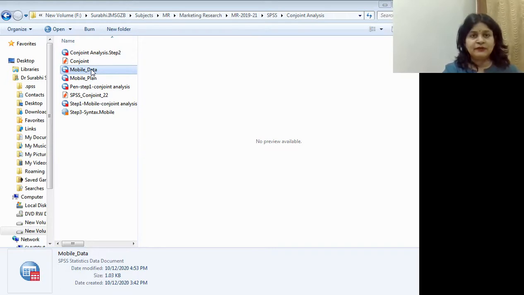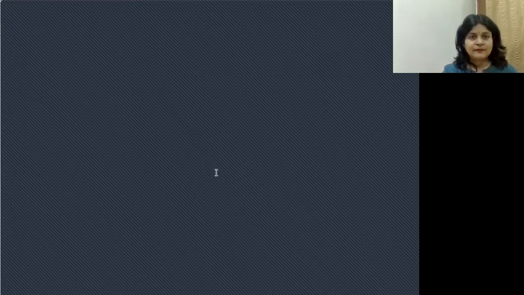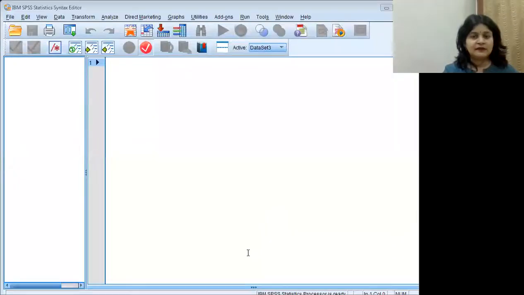And then now what will we be doing? We'll be making use of this. I'll show you that syntax also, which we can use for analyzing our overall product design. So this is the syntax which I'm going to show you. Yeah, I'm just opening it. This is the syntax editor, and I will show you the functions which we use for running this syntax. Just want to show you that syntax only.